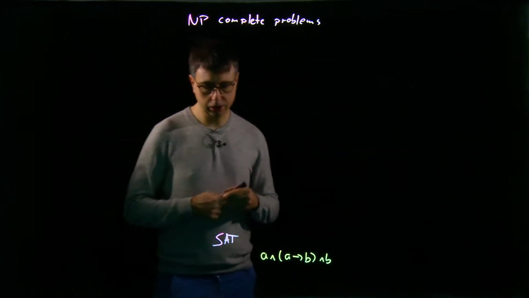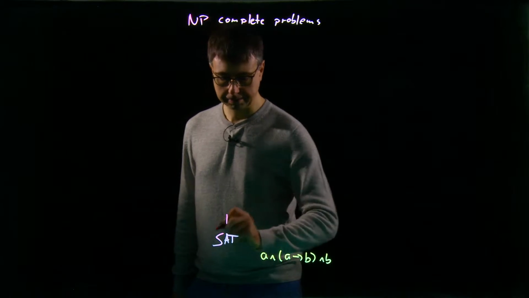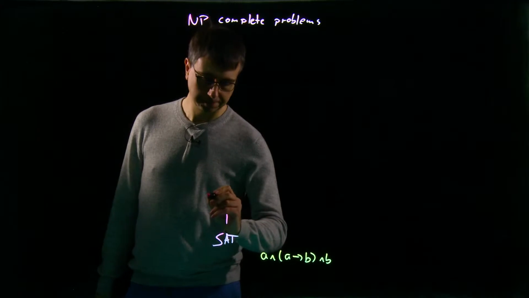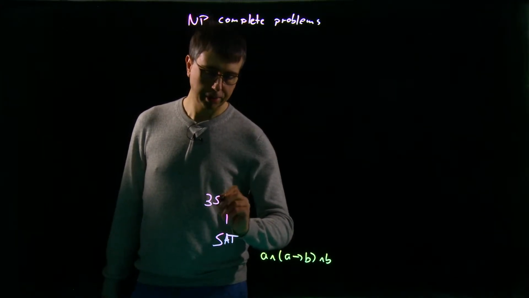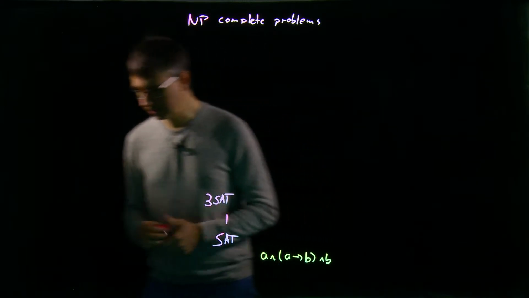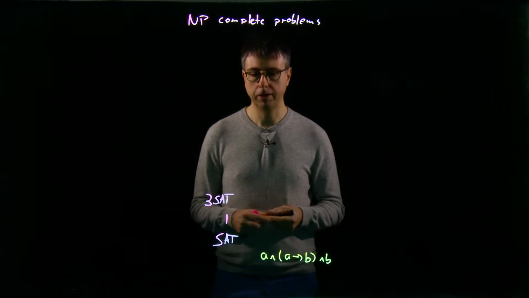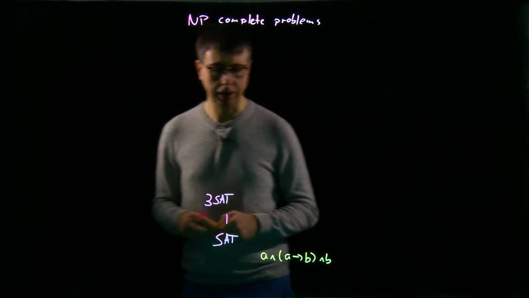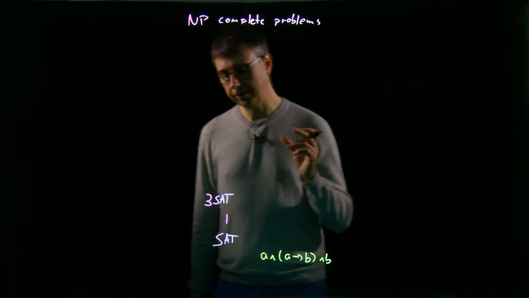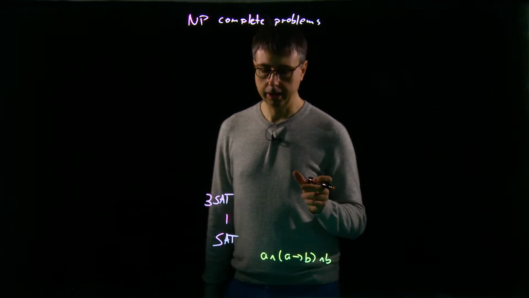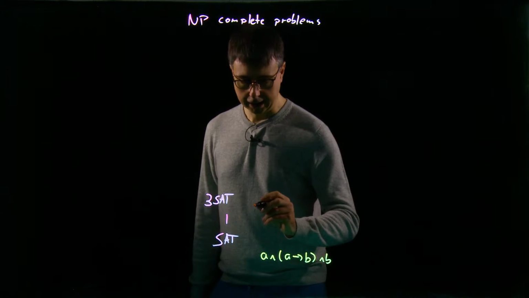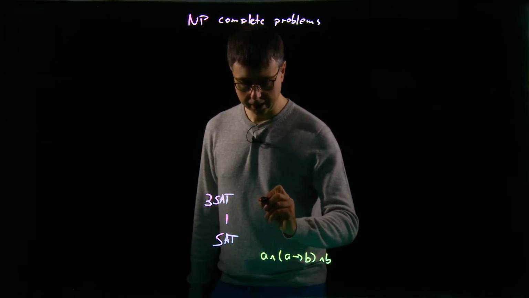And the first reduction that's usually done is that we restrict the formulas we allow, and we show that 3-SAT is NP-complete. 3-SAT, it's still satisfiability for propositional logic, but here we require the formulas to be in conjunctive normal form and have exactly 3 literals in each clause. So the formulas that are allowed here are in conjunctive normal form, and they look like